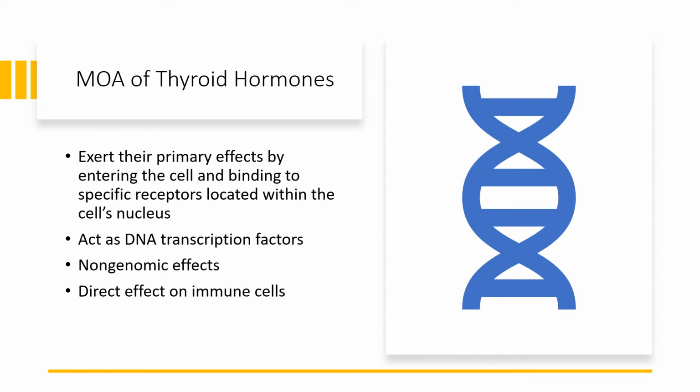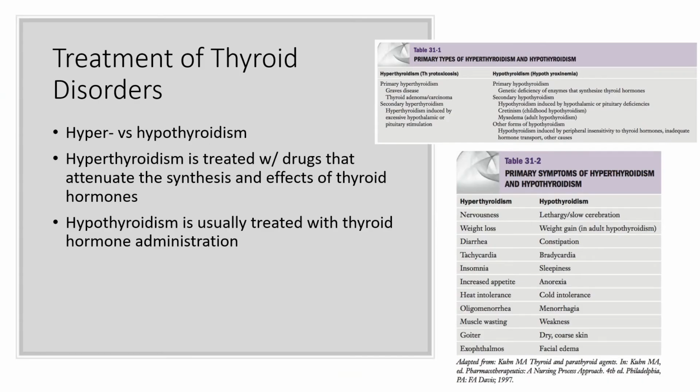And thyroid hormones also have a direct effect on immune cells. So they may cause rapid changes in immune function that are unrelated to the effects that they elicit on the cell's genome. The two main pathologies that I want to discuss that use thyroid hormones as their primary treatment are hyper and hypothyroidism. So I definitely want you to know the primary symptoms of hyper and hypothyroidism, because I'm not